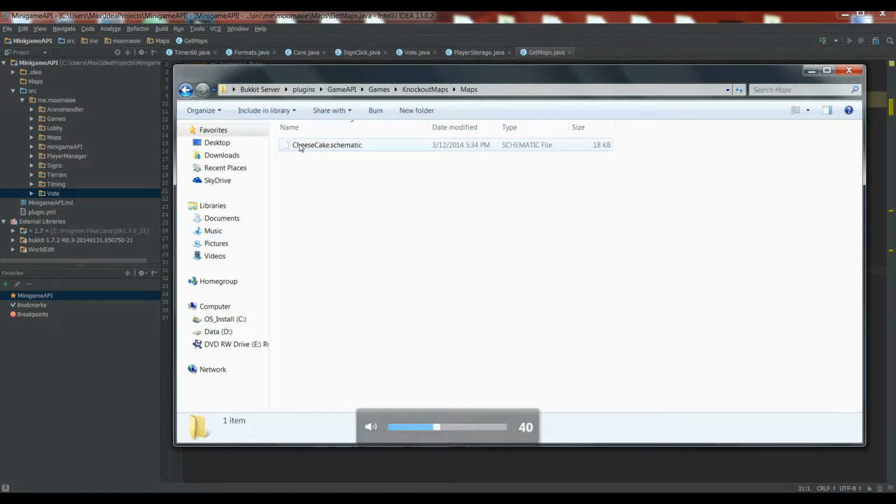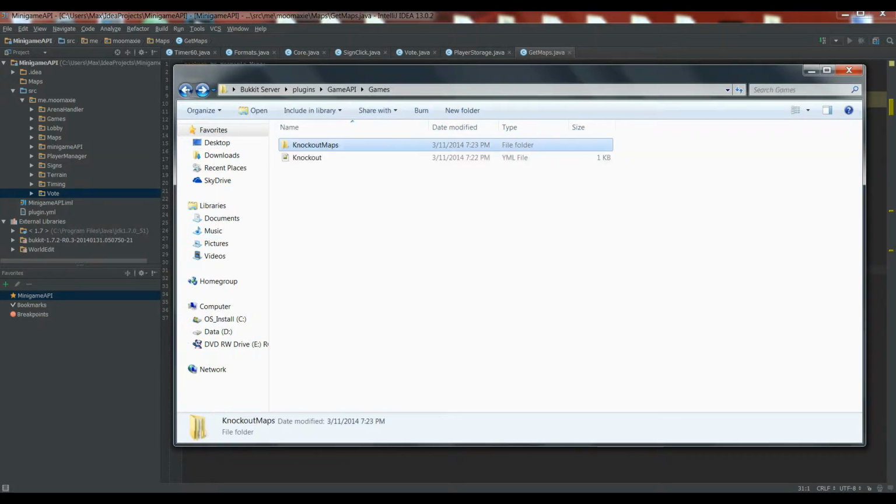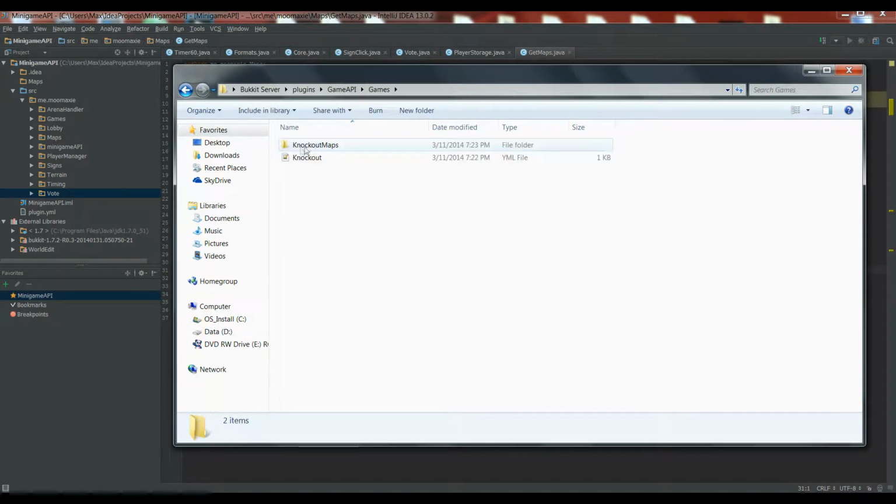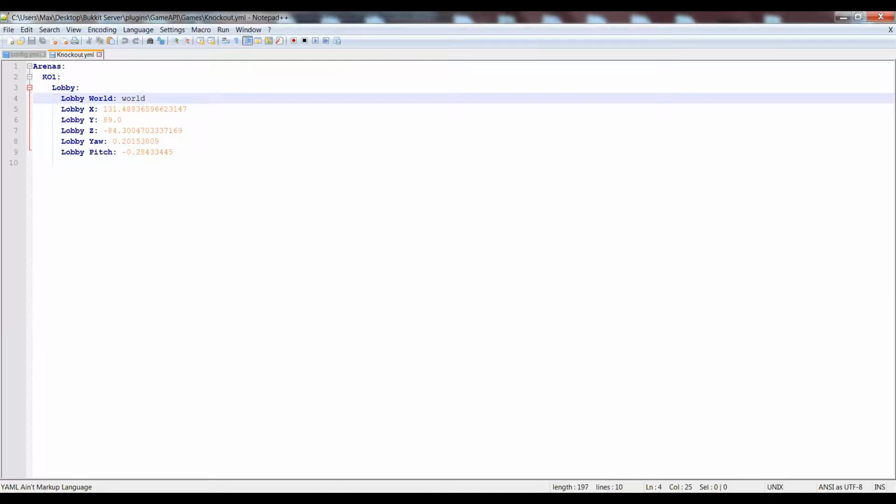Alright, so anyway, this is actually what it looks like. The game API, the games, you've got Knockout for itself, which just has arenas. I can actually just...